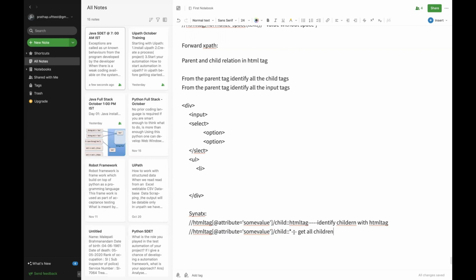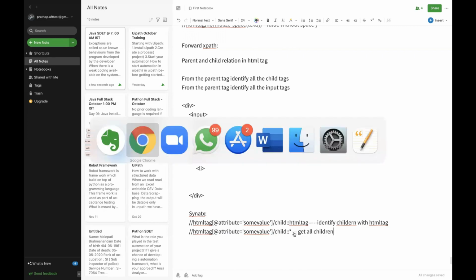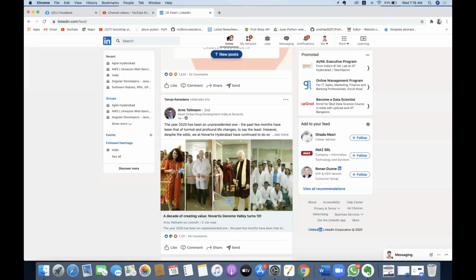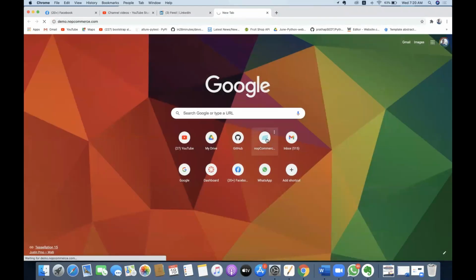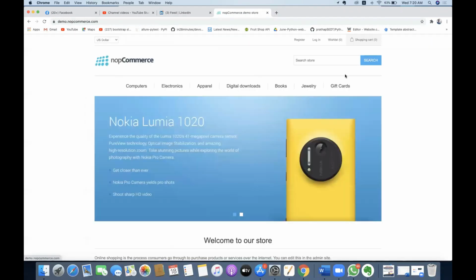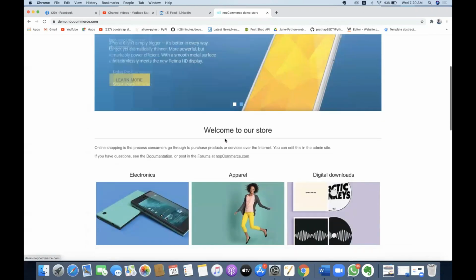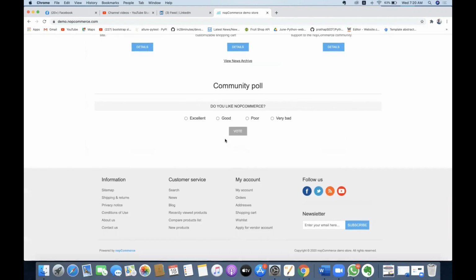Now let us see the same example on a website also. Let me go and open a website. For example, let me identify this page. Here I have something called My Account. Under this My Account, there is a set of links available.